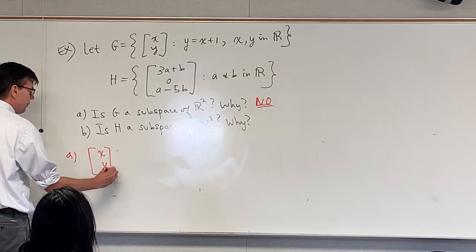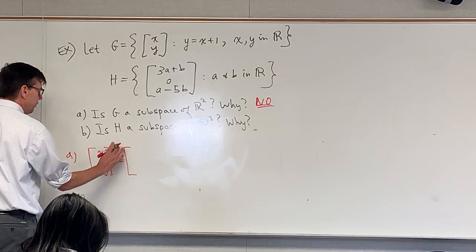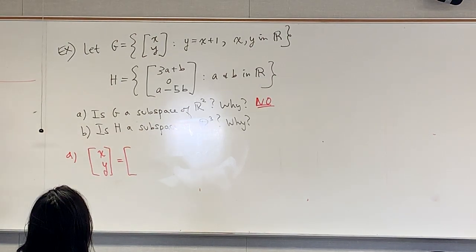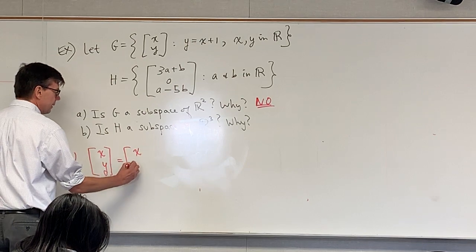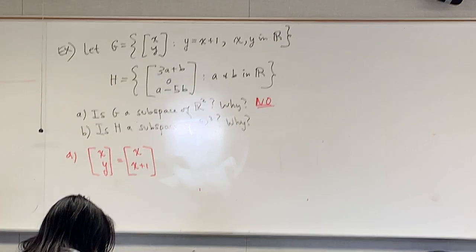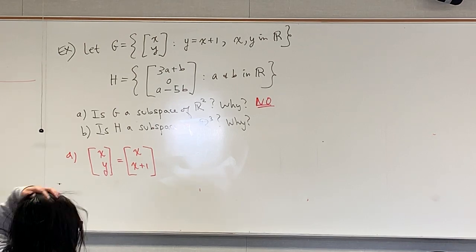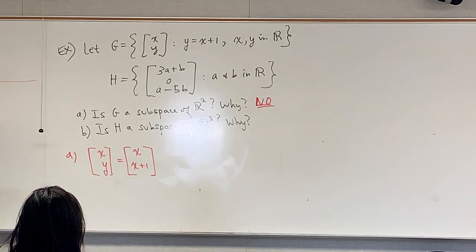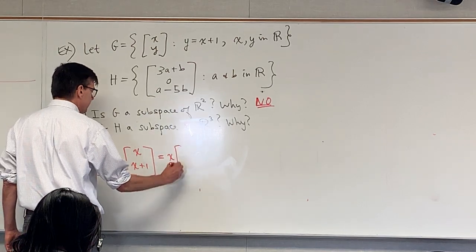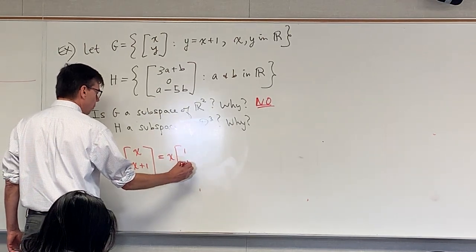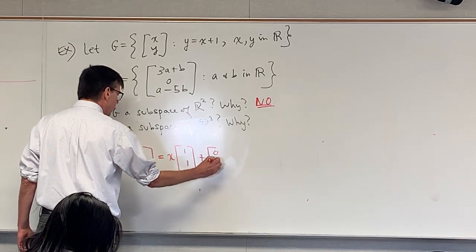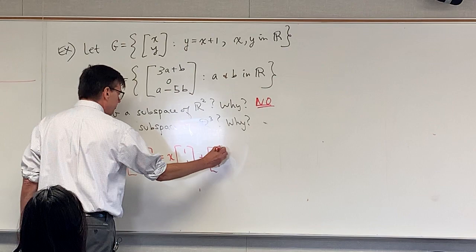I think the easiest way for me to think of it is to rewrite that x, y as x plus 1, and you can actually think of that as x times the vector 1, 1 plus the vector 0, 1 if we go to that sort